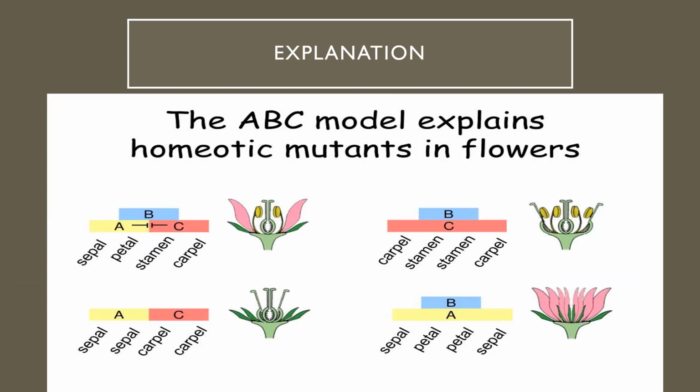तो जैसे कि मैंने कहा, क्लास ए जीन सेपल और पेटल के फॉर्मेशन में हेल्प करते हैं, क्लास बी जीन पेटल्स और स्टेमन को डेवलप करते हैं, और क्लास सी जीन स्टेमन और कार्पेल्स के फॉर्मेशन को कंट्रोल करते हैं। यह जीन्स एक स्पेसिफिक कॉम्बिनेशन में काम करते हैं, फ्लावर्स के डिफरेंट पार्ट्स को बनाते हैं।